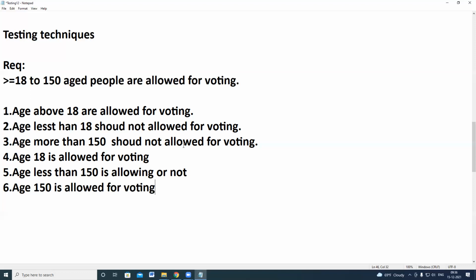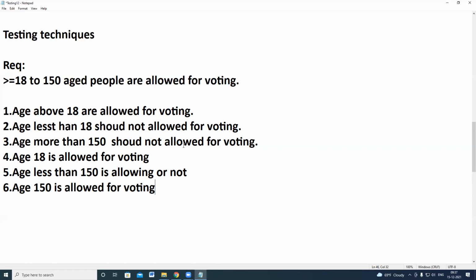So like that, they will give you one bullet point, and they will ask you to write more number of test scenarios. So your tester is asked, can you please write some test cases? And they will go through your test scenarios and test combinations. Can I go and write 150 test cases? Age when it is 1, age when it is 2, age when it is 3, age when it is 5, age when it is 10. Will that testing give me confidence? Is it an optimized way to test my application?